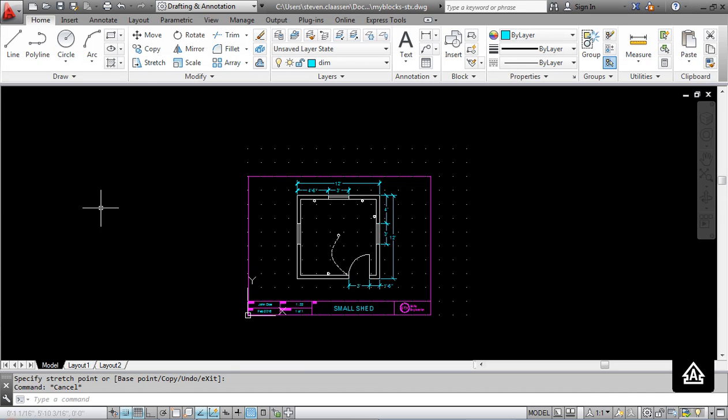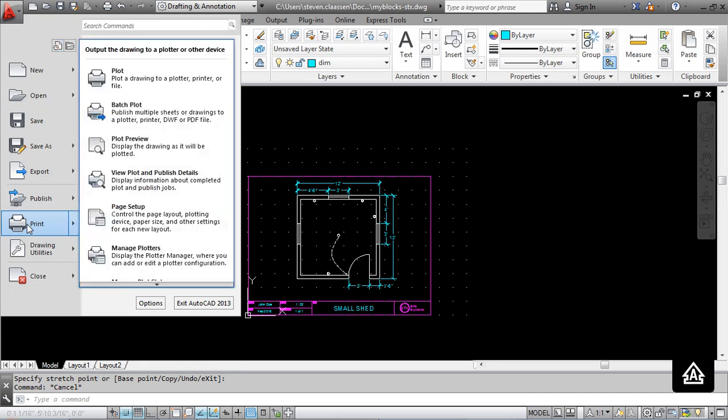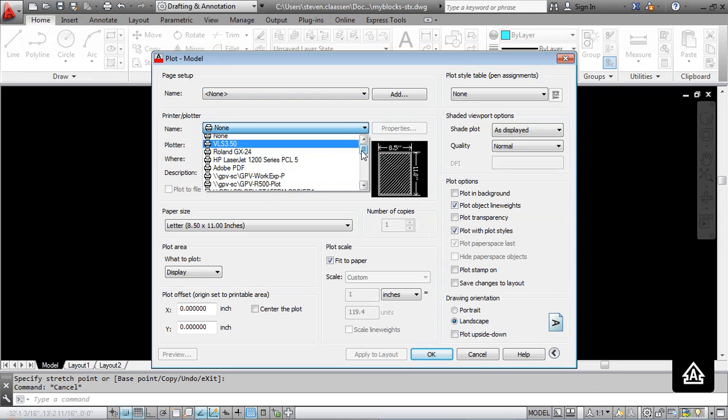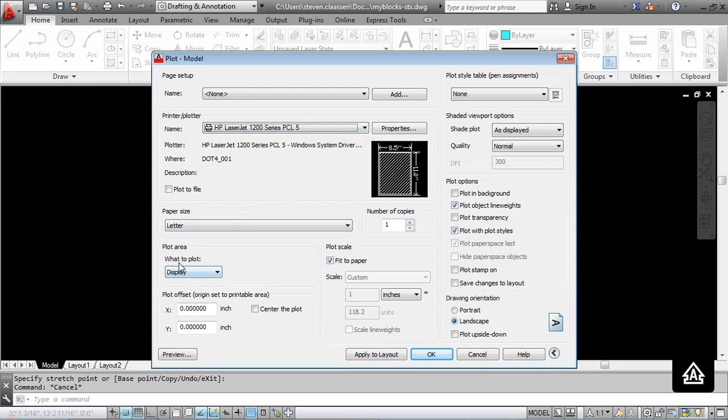If you want to print it out, you would simply go up to File, Print, change the name of our plotter, and in this case we're just going to pick one of these, or printer, and we'll pick this one here. Save it to letter, display, we're going to use extents, center it, fit to paper, no, it's going to be a custom 1 to 32, and when I hit preview,